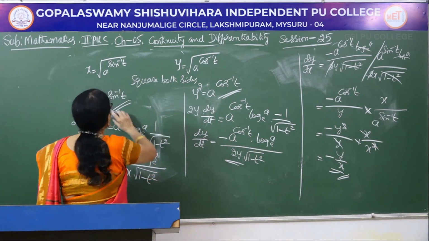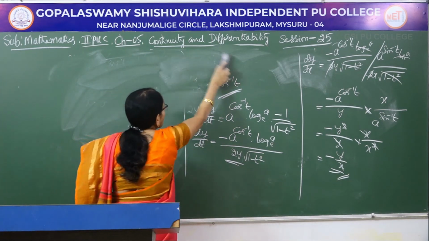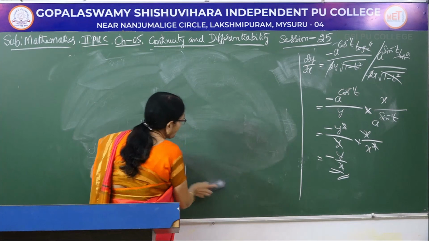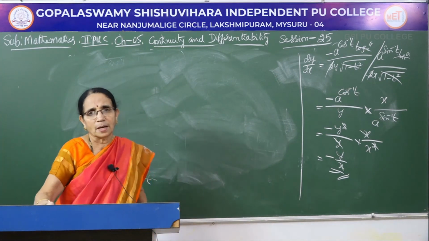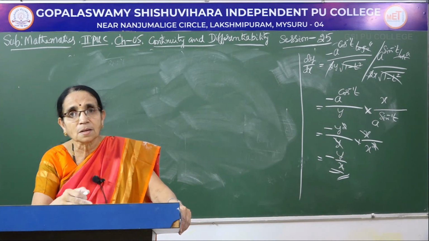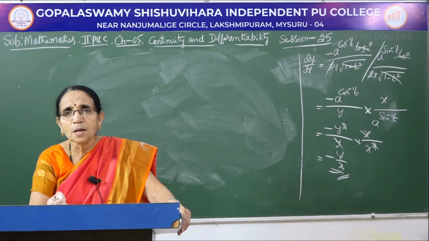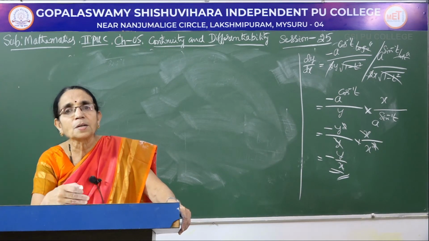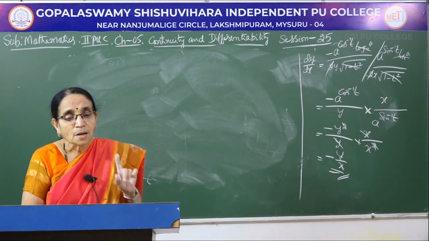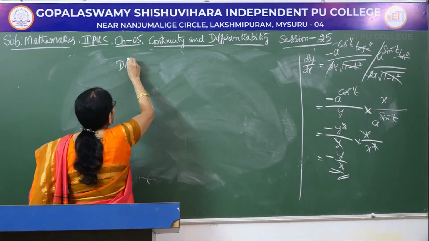Now, these parametric functions, this is one way of stating the parametric function. That is, directly they give like this: x equal to something, y is equal to something, find dy by dx. It is a direct definition of the parametric function. But the same parametric function can also be defined in a different way. See, instead of giving x equal to some function, y is equal to some function, sometimes the problem is asked like this. For example, it is like this.